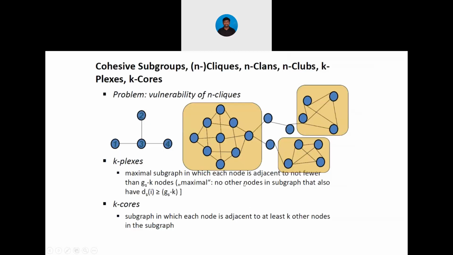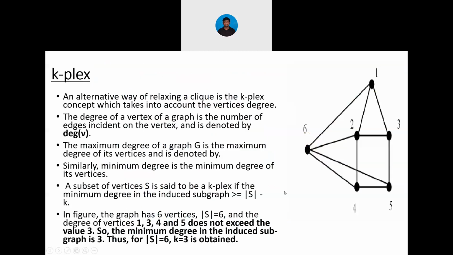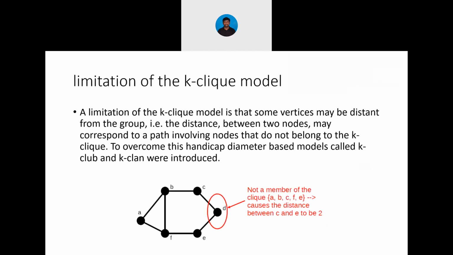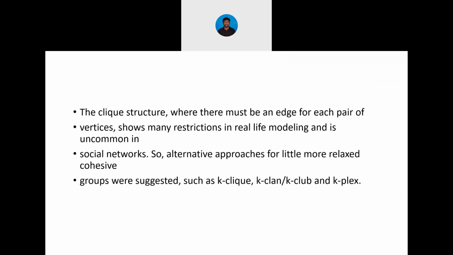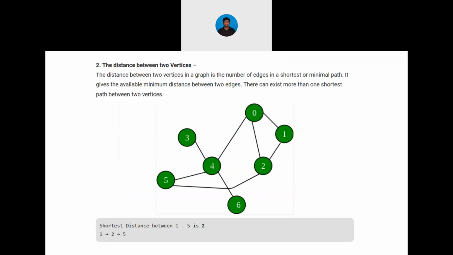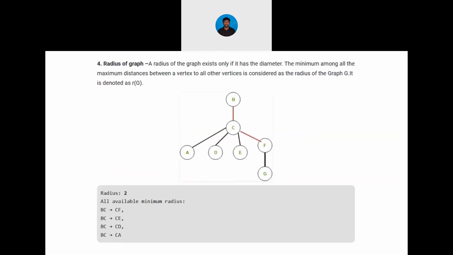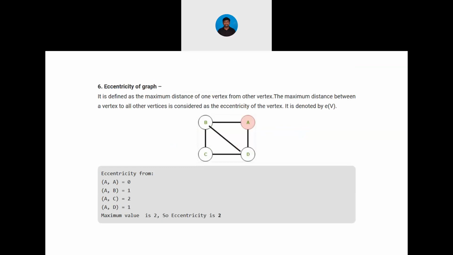Okay, so I am consolidating here. This is what we have been concluding. In this class, we have studied cohesive graphs. What is meant by cohesive? Adherence: how the subgraphs have been communicating, how they have been adhering to each other in a particular social network. This is what we have been studying, cohesive subgraphs. In this we have studied the basic definitions: length, distance, diameter, radius, center, eccentricity, everything.